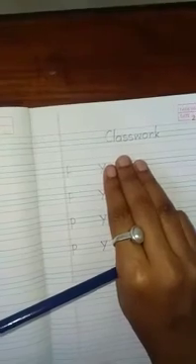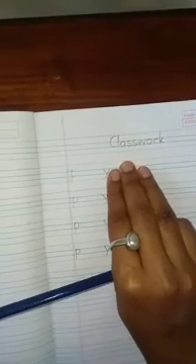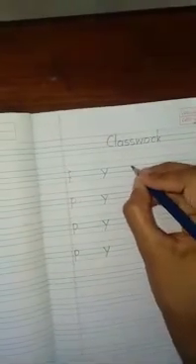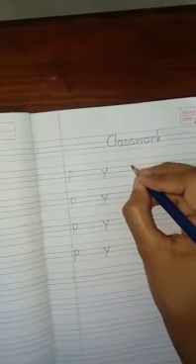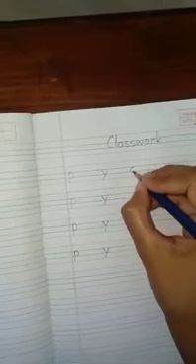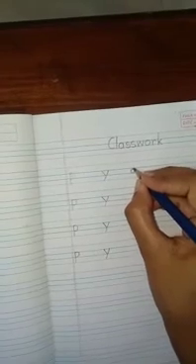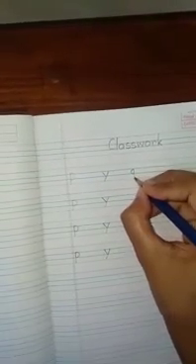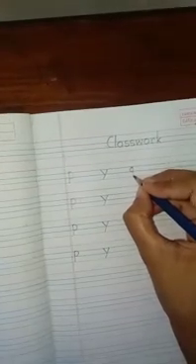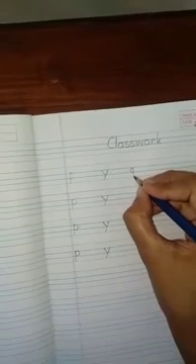Back to the second line. Put a 3-finger gap after Y and then we will write the next letter Q. Starting from the upper blue line, we will draw a curved line touching the lower blue line. Go upwards, touch the blue line and then come downwards with a standing line to the lower red line and then make a hooked tail like this.